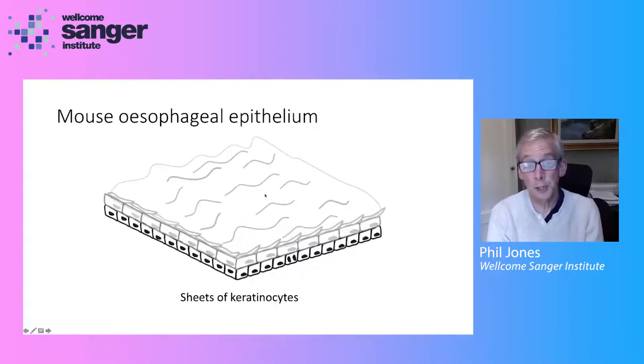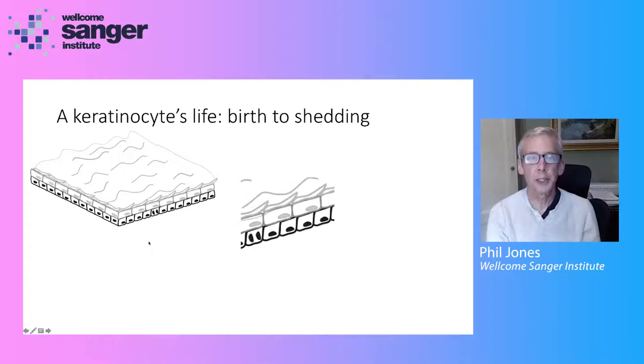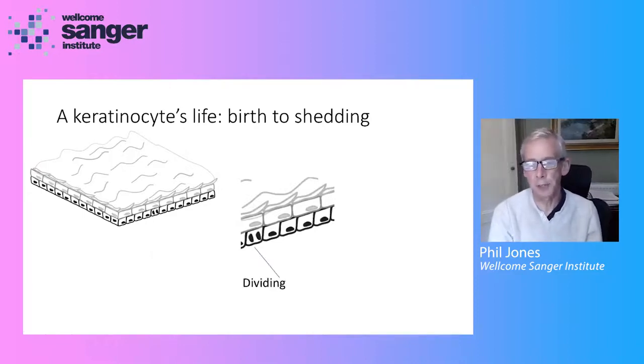And like the human esophagus, the mouse esophagus consists of sheets of a single cell type called the keratinocyte. It's a very simple tissue, very uniform structure, has no appendages or glands. It's just layers and layers of keratinocytes. And the keratinocyte life cycle is, if you like, that they're born by cell division in the bottommost cell layer